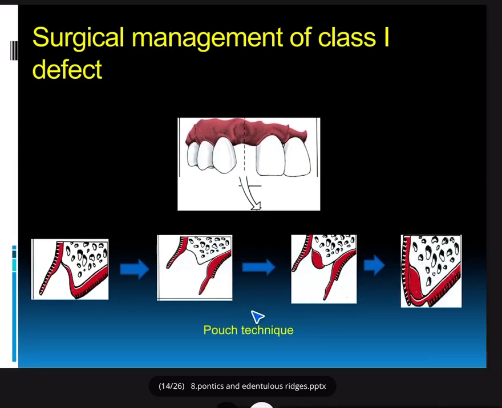This is your roll technique. In the pouch technique, you will make the incision there. This is also roll and pouch technique, both for the class 1. You will make the cuts here, expose that area, and then you have to put some subepithelial or submucosal graft